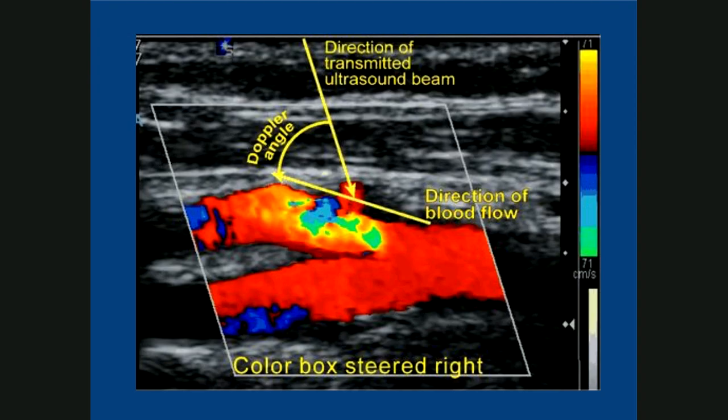We did a couple of anatomy pictures last month with the black and white images along with the color box, but the Doppler beam is no different than the color box, except it's more angle dependent. You don't just send in angles that complement the tilt of the vessel like they did here with the color box, that complements the tilt of the majority of the vessel. But we also want to send in our Doppler beam